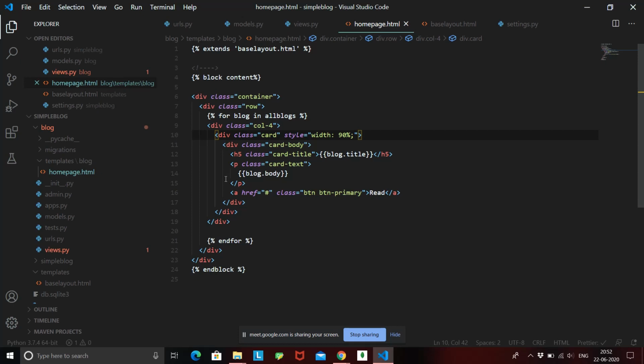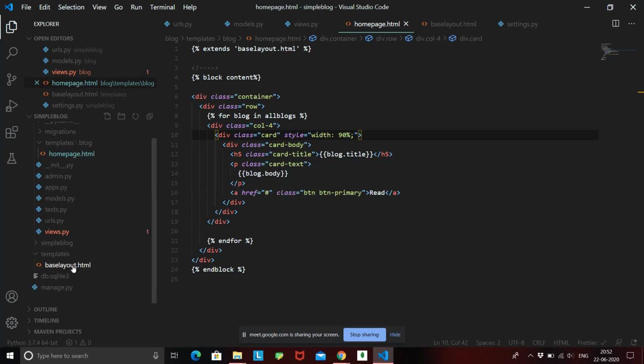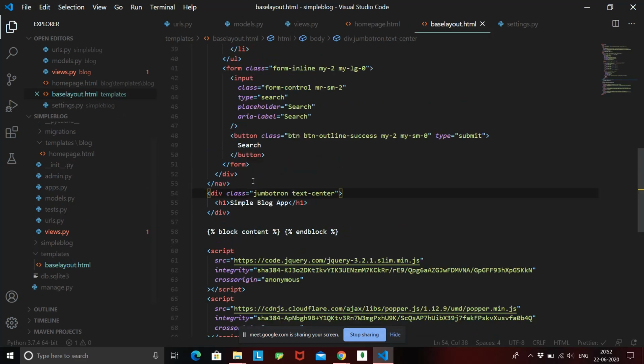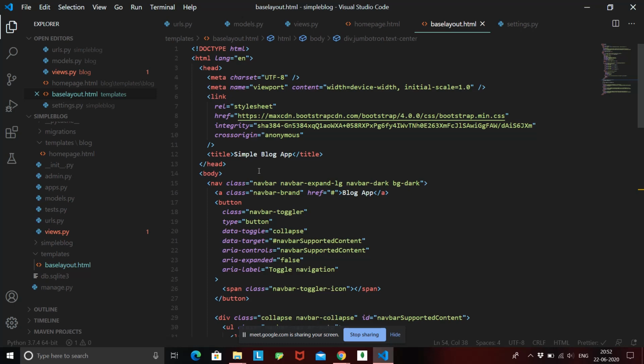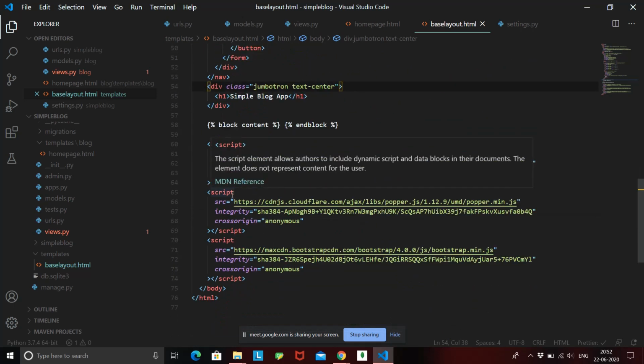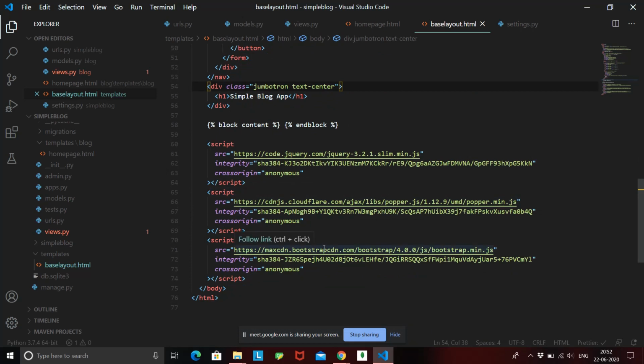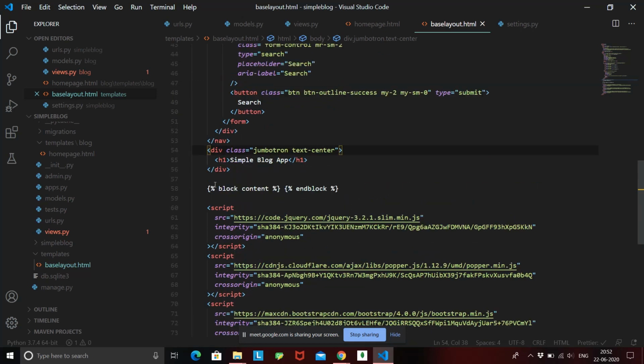The next thing we saw today was template extending. How we can extend a template is that we created a base layout over here. This base layout will have all your headers, all your links and all your scripts, so that we don't have to write them in each and every HTML page. Then we created this block over here. This block means that every content that we write in other HTML pages will be replaced over here.